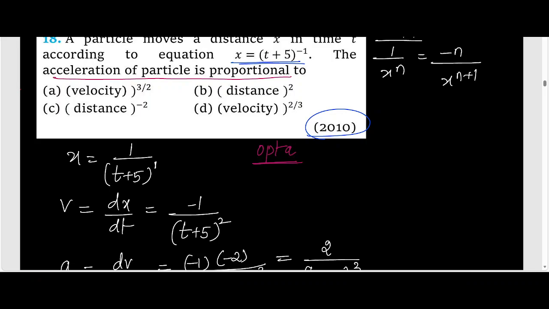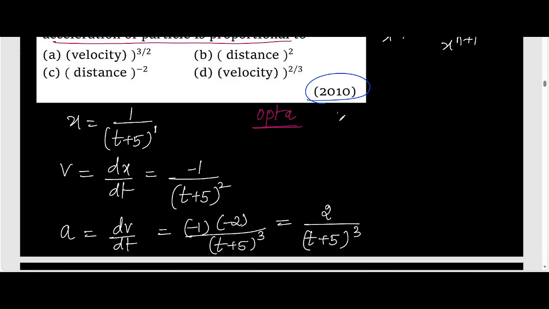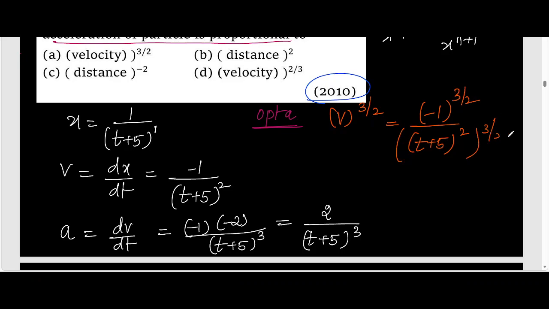What is option A? Acceleration is proportional to velocity power 3 by 2. So let's take velocity power 3 by 2 and check this out. What is the velocity that we got? Minus 1 by (t plus 5) square. This is our velocity, right? Now you have to take it to the power 3 by 2. That means minus 1 power 3 by 2, denominator also to the power 3 by 2. So 1 to the power anything is what? 1 only, divided by